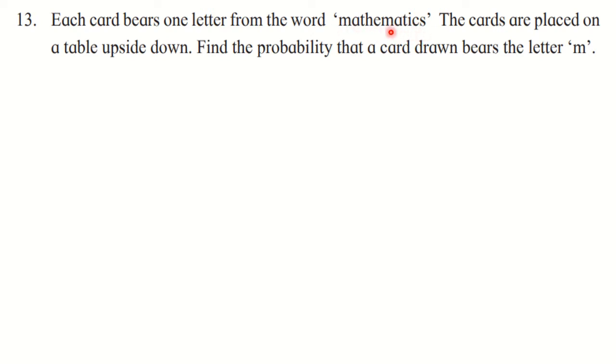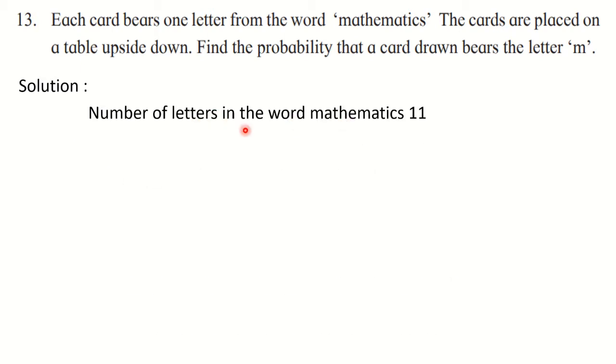What you will observe is M is repeated, A is repeated. So we cannot write down the sample space as a set because we cannot write an element twice in a set. Even if you write it, nobody is going to mark you wrong, but did you understand why I am not writing a sample space here? Because repetition is not allowed. So I am writing that the word mathematics has 11 letters, and therefore n(S) is 11. That you need to write.